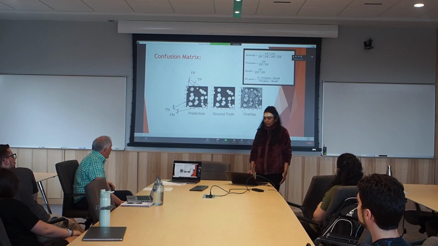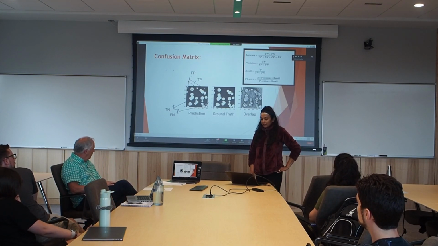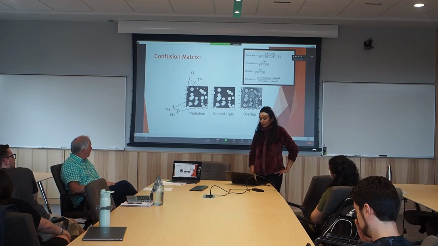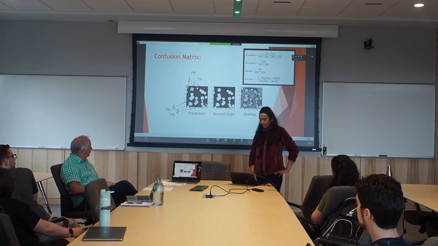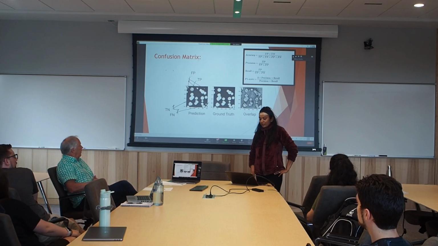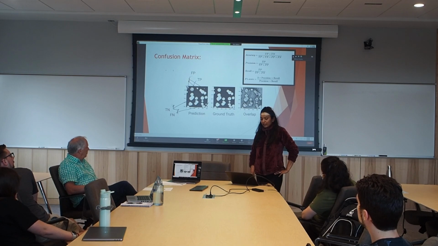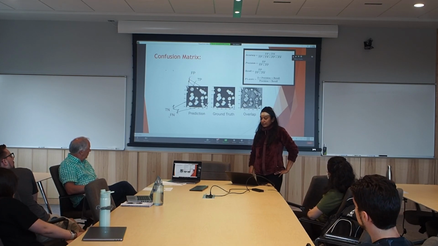Now here, this is the main thing that we play with. You see here, this is what is predicted by your CNN, and this is the truth, which was masked by Sydney here, I think this one image. And then I overlapped it, it became like this. Now in this, we try to have a matrix. So there is a true positive, true negative, false positive, and false negative. So when the computer takes it,